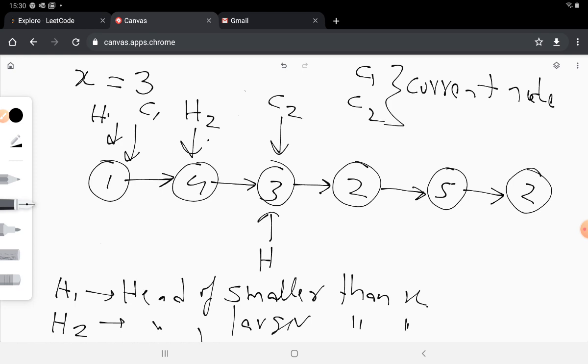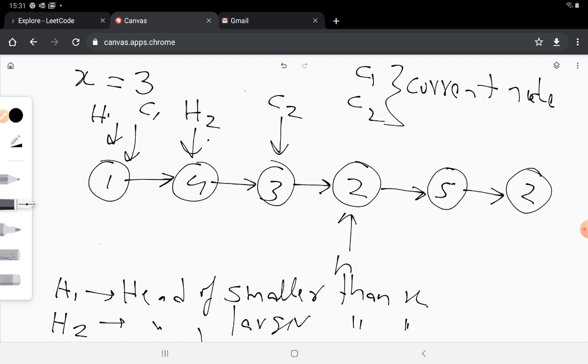Now continuing forward, let's move our head pointer forward. Now we are over here. So this value 2 is less than 3. So now we would have to move forward the c1 pointer, which is the current node pointer for the smaller part of the list.